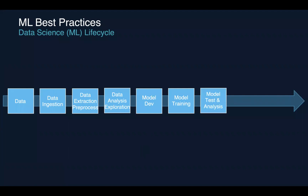And then, of course, you want to do model validation, which is always a part of the model training process, but you may want to do model testing, right? And model analysis, and interpret the model results to the business. And if the model performance is acceptable and people like your model, you're moving on to the model deployment stage,